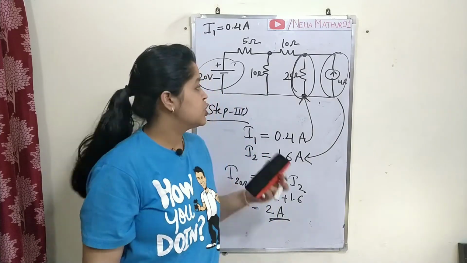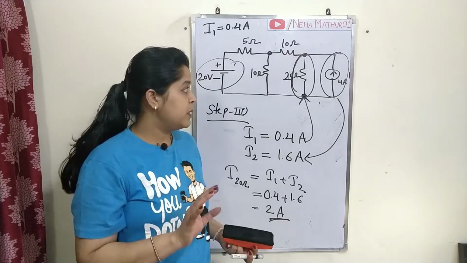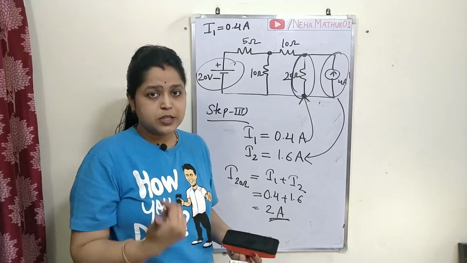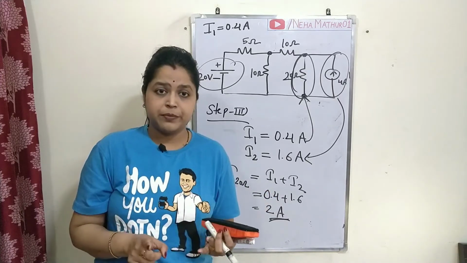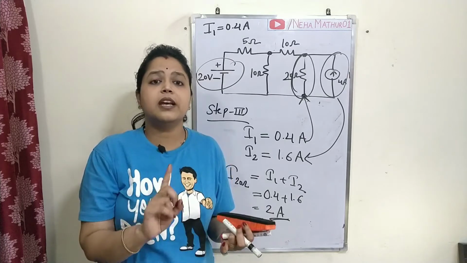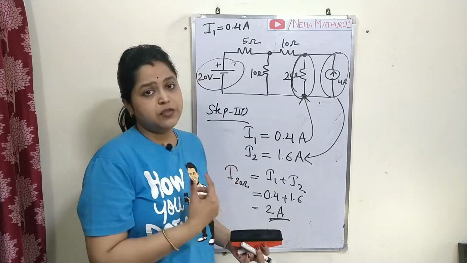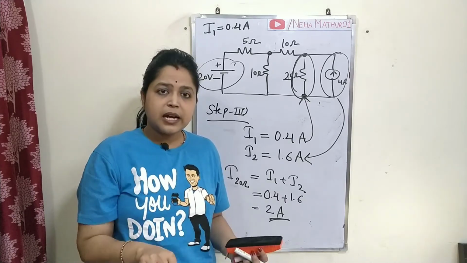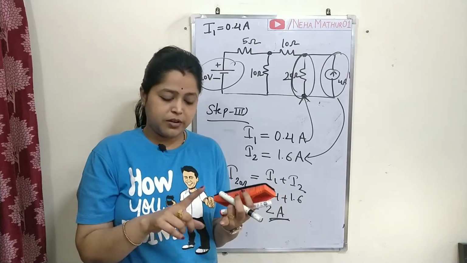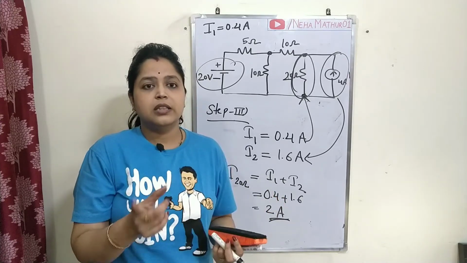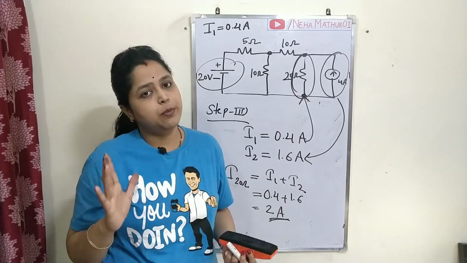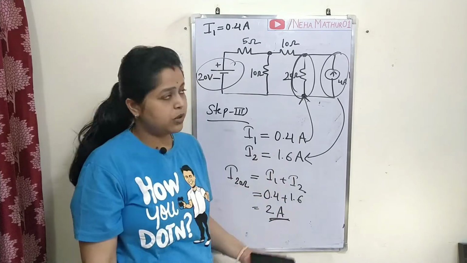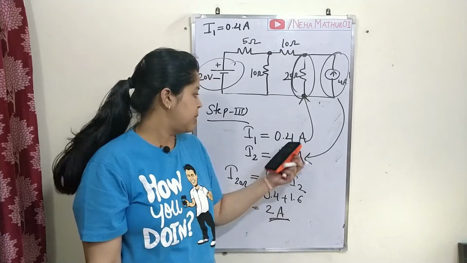This is all about the superposition theorem. You can use that theorem if you want to get your response in terms of voltage also. But the important thing is that you cannot directly calculate power across any branch with the help of the superposition theorem. If you want to calculate power across any branch, you will have to individually calculate voltage and current, and then after their multiplication you can find your power. For the calculation of power you cannot directly apply the superposition theorem across any circuit. So this is all about the superposition theorem.